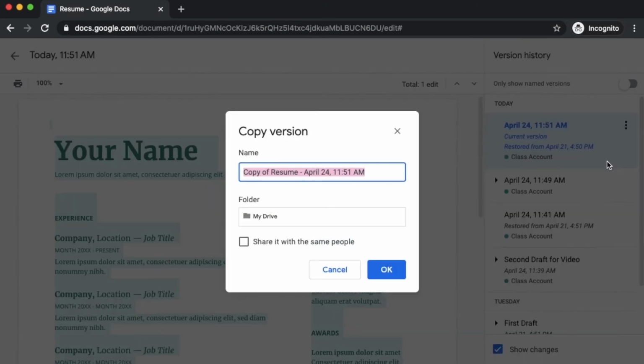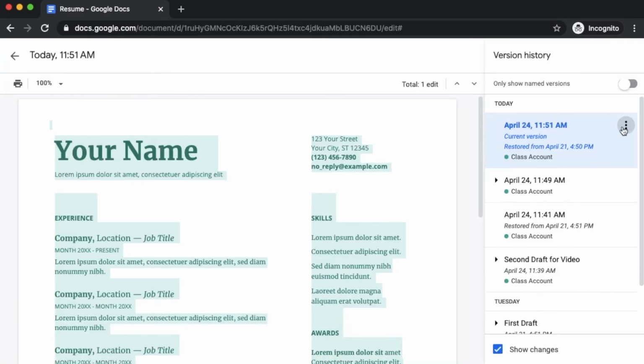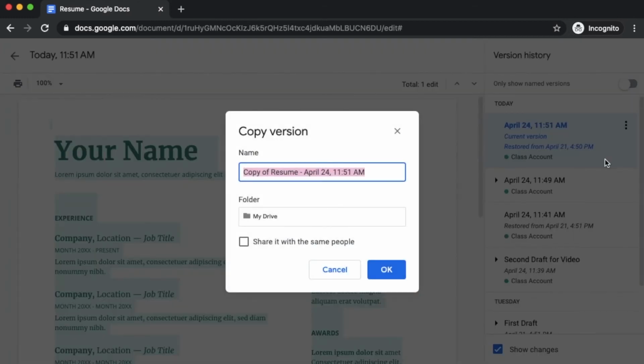So the other thing I want to show you, and I clicked a little bit too soon, so I'm going to show this one more time. The other thing you can do with version history is make a copy of either your previous or your current versions of a file. By clicking on that More Actions button, you can click on Make a Copy. And then what this will do is create a new and completely separate document from this one. It just uses it as the basis. So in this case, we would say,